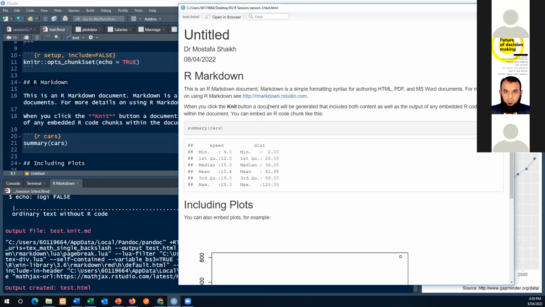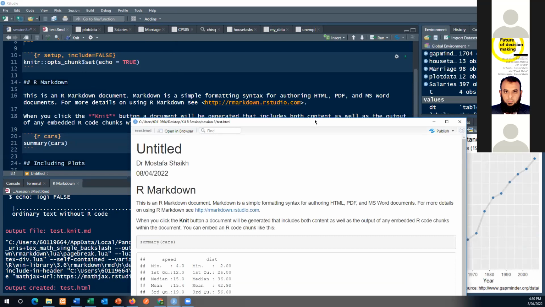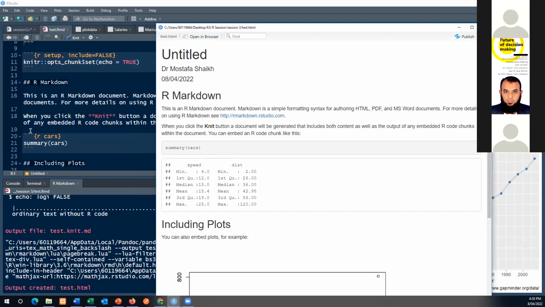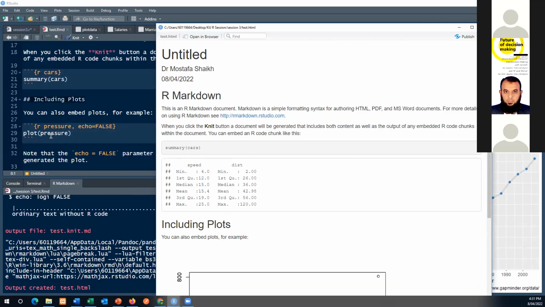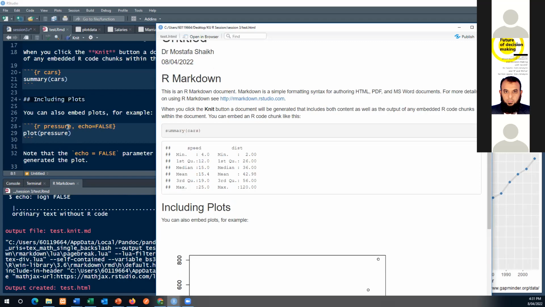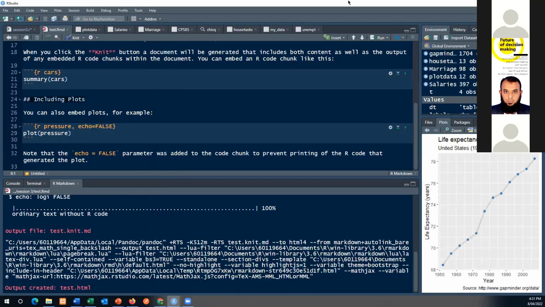তারপরে এখানে যেমন একটা এইচটিটিপি লেখার জন্য অ্যাঙ্গেল ব্র্যাকেট দিলে এটা অটোমেটিক্যালি হাইপারলিঙ্ক হয়ে গেছে। আচ্ছা, এরপরে সামারি, এই কোডটা এখানে আছে, এই কোডের আউটপুটটা এখানে দেখাচ্ছে, সামারির আউটপুট। প্লট বলা হচ্ছে, প্লটের কোডটা এখানে echo false, যার ফলে কোডটা দেখাচ্ছে না, but I can see the output of this code is here, যে প্লট এটা, কিন্তু